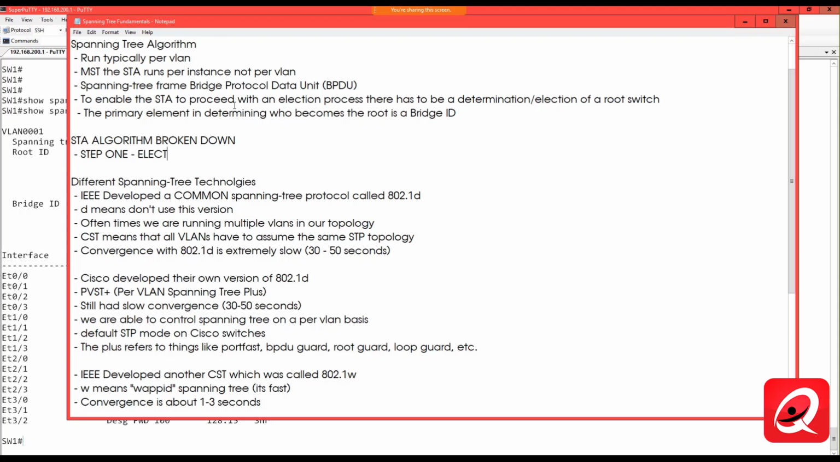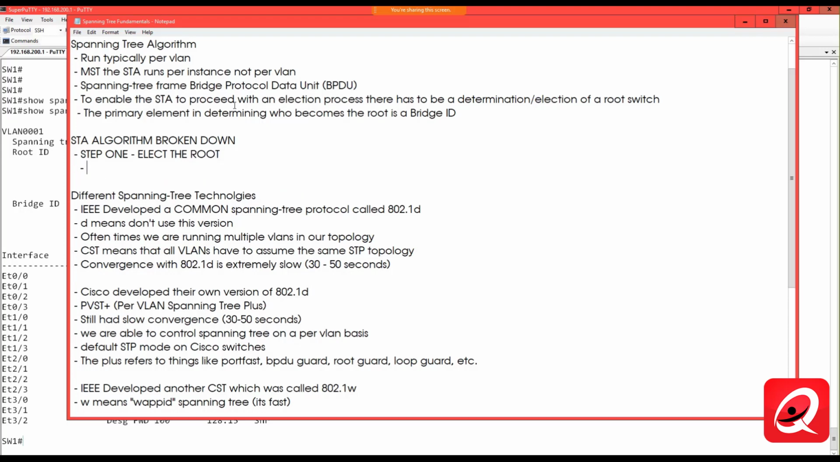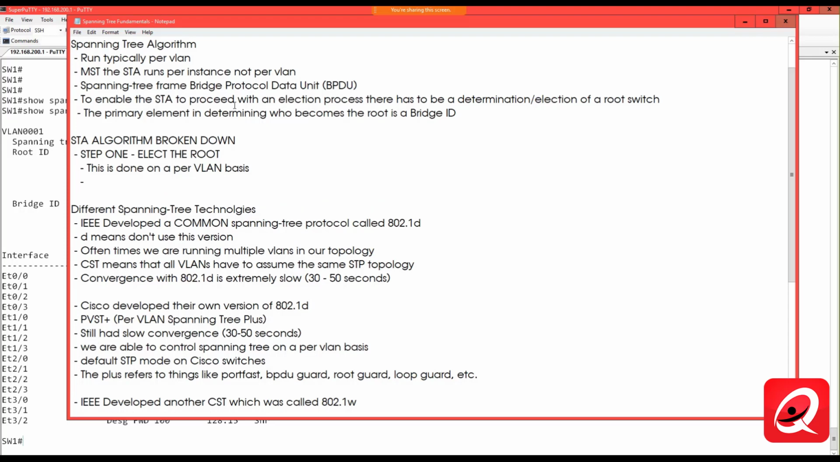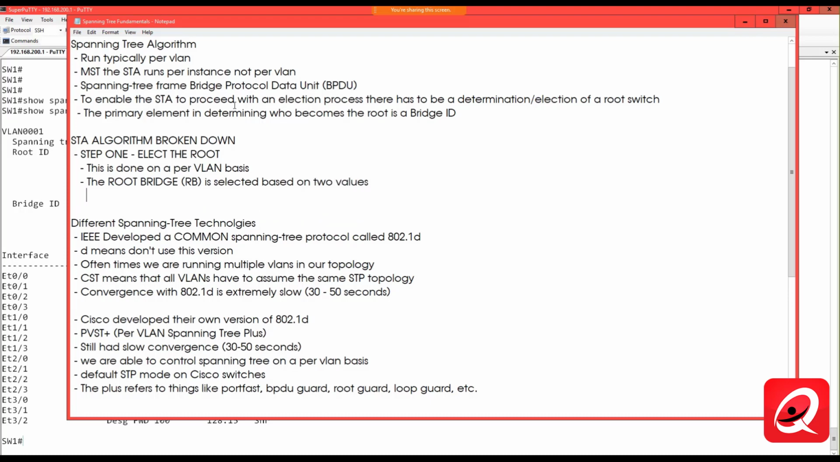Step 1. Elect the root. All right? Always step number 1. This is done on a per VLAN basis. In fact, pretty much everything in spanning tree is done on a per VLAN basis, especially when we're running PVST. The root bridge, which we will call from this point forward the RB, is selected based on 2 values. One is, and this is the primary value, the bridge priority,